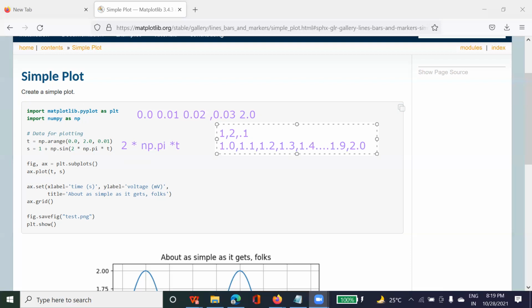Amit, I have a question. You write down here np.pi. So np is the symbol of NumPy? Yes, it's the alias name, an alternative name. It's called NumPy.